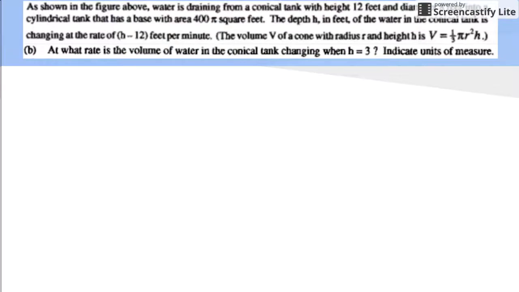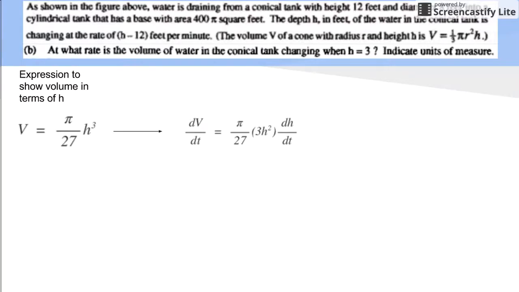Next we're going to move into part B, which reads, at what rate is the volume of water in the conical tank changing when h equals 3? Indicate units of measure. So we're going to start off with our expression from the previous part of the problem, which reads V equals pi over 27 h to the third. And then we're going to take the derivative of this expression, and now it will be dV over dt equals